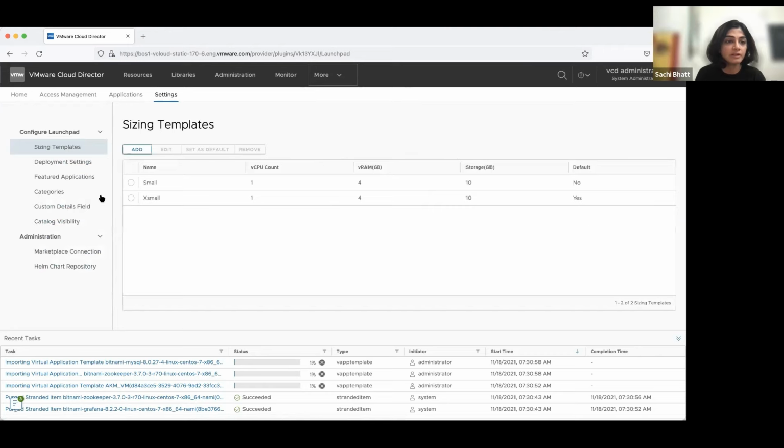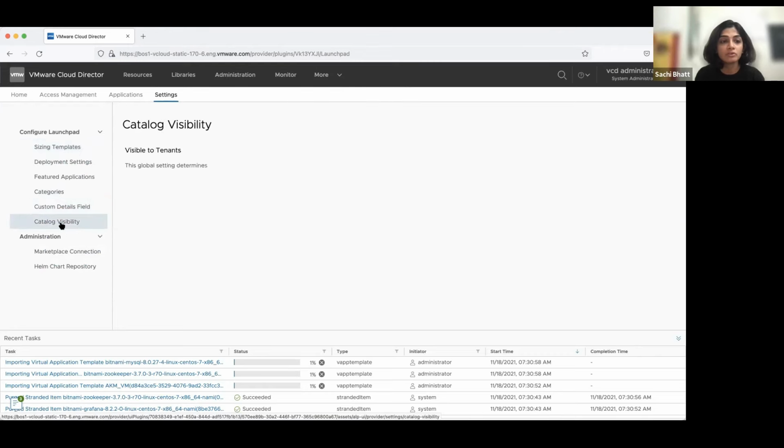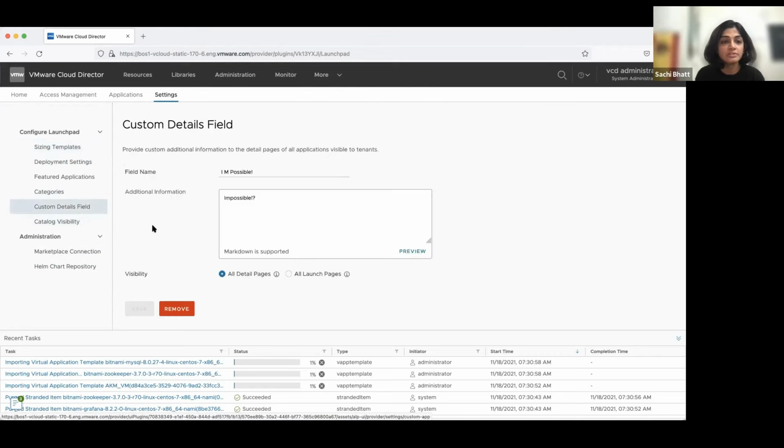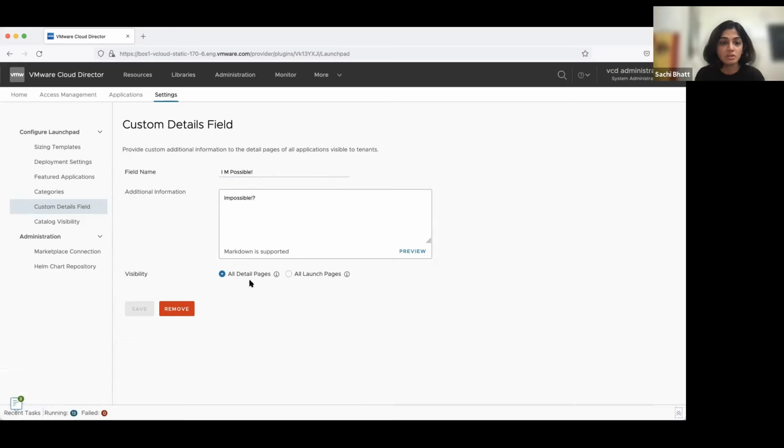The other setting I would want to show you is the catalog custom details field. I already created something while I was playing around. When I have added this, it says all details page. So when I log into the tenant admin role, it's going to show this on the application page.